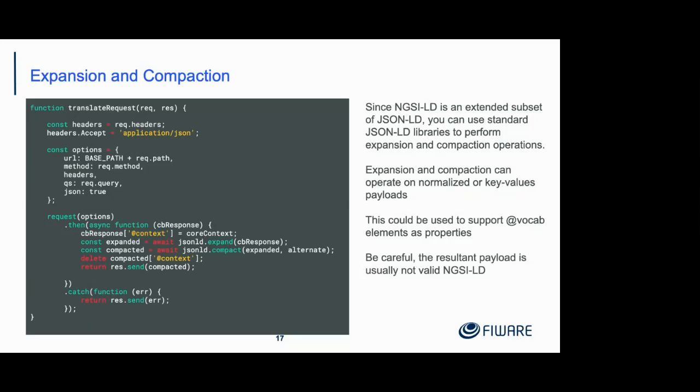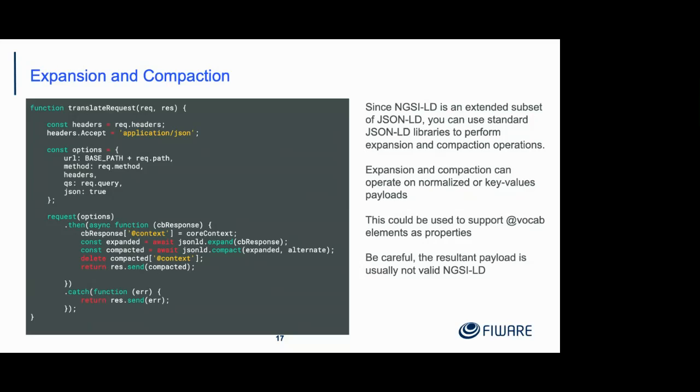You can put in a context and you can play around with it. The snippet of code I have here is just doing a JSON-LD expansion and a JSON-LD compaction with a different context. Now, this is very useful if your short names don't match with my short names, or if I want to